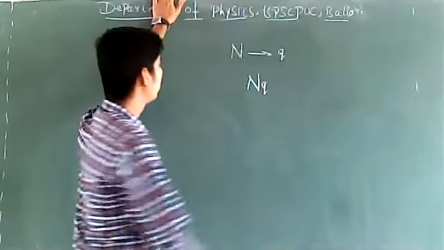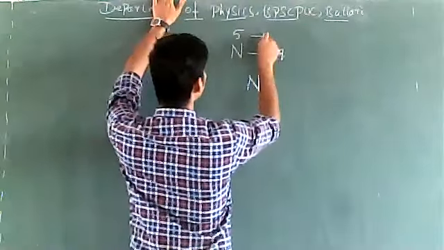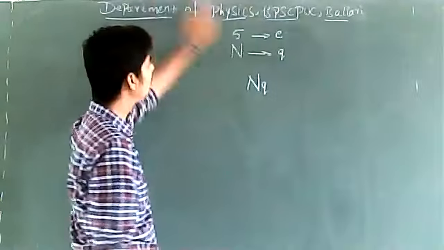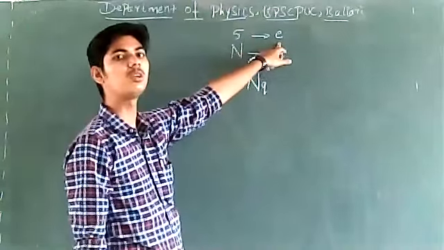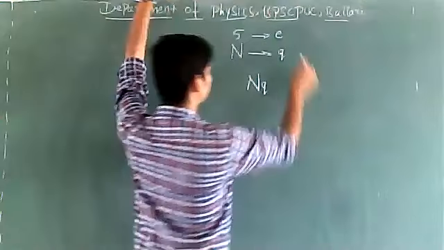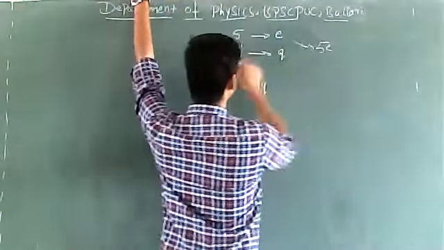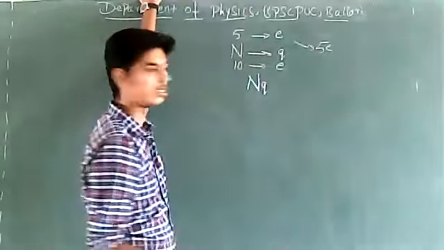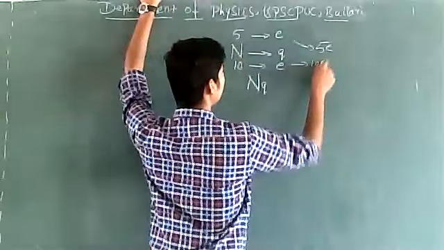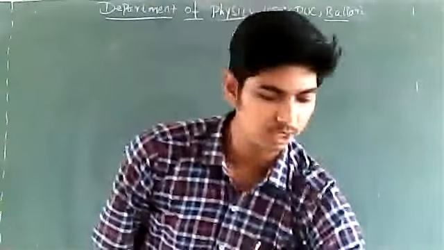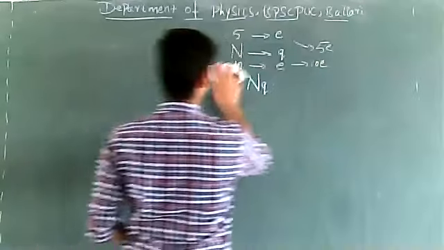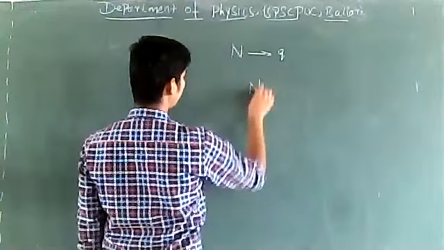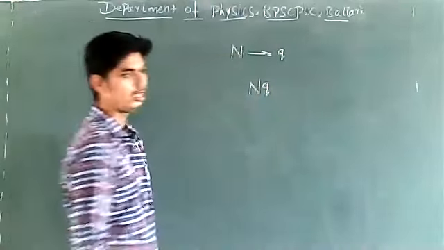It's like saying there are 5 electrons, each carrying a charge e. What will be the total charge on the system of 5 electrons? It will be 5e. There are 10 electrons, each carrying a charge e. What is the charge of the system of 10 electrons? It will be 10e. Similarly, there are n fundamental charges, each of charge small q, so the charge on the entire system will be n into q.